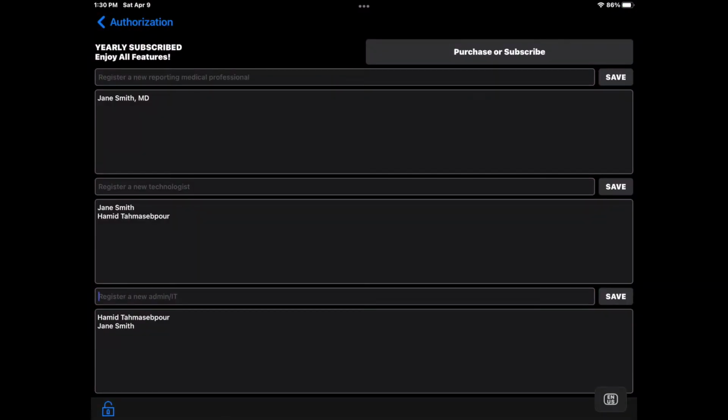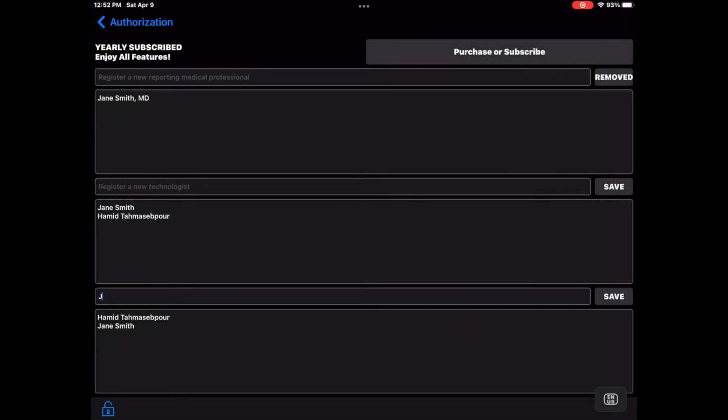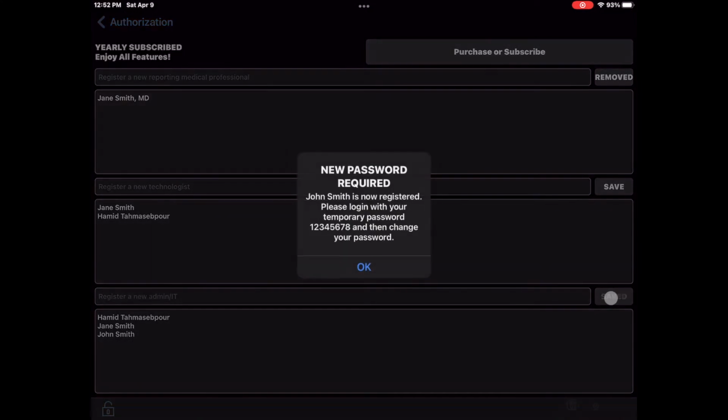There are different fields for reporting medical professionals, technologists, and admin or IT staff. Let's register John Smith as a new admin user. Enter John Smith in the admin IT field. Tap Save. If the name is registered successfully, you will be assigned a temporary password which is only good for